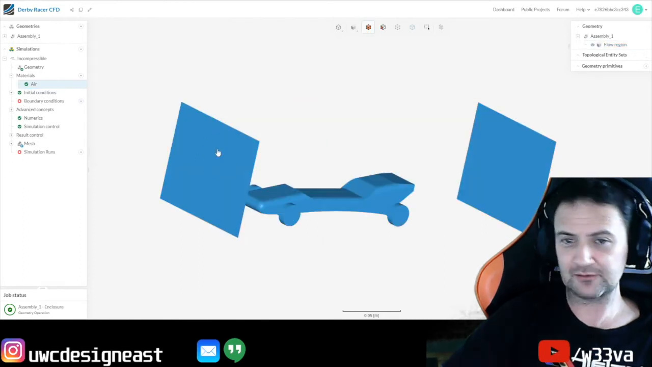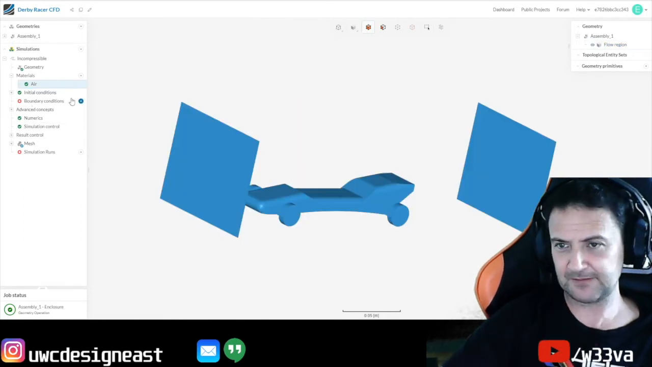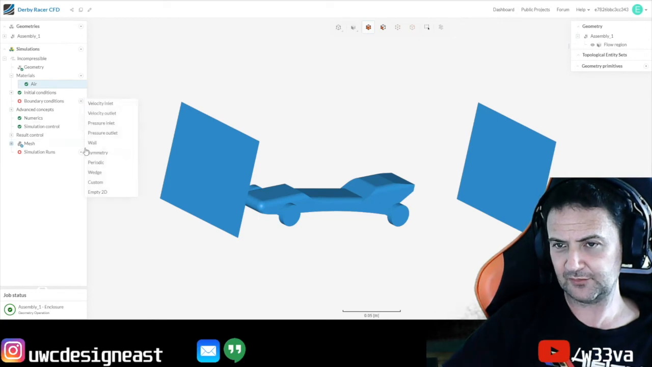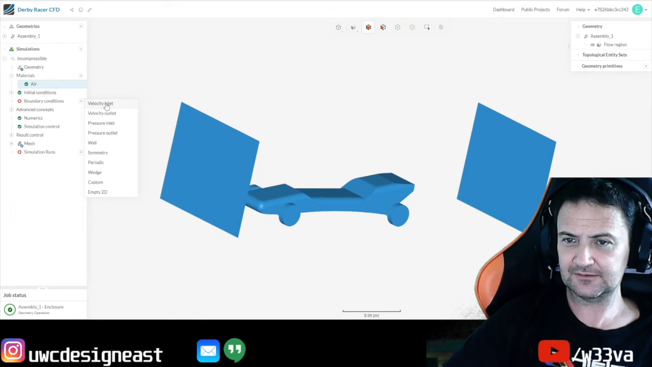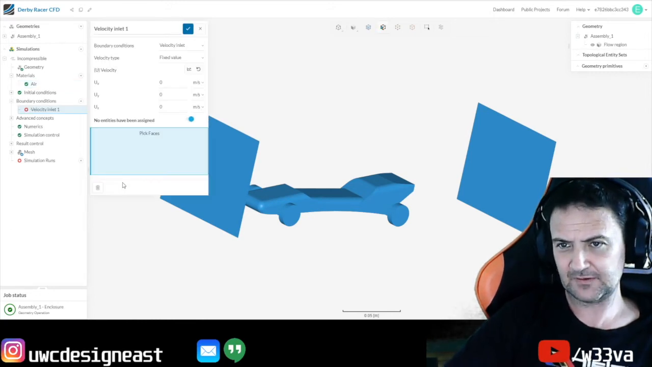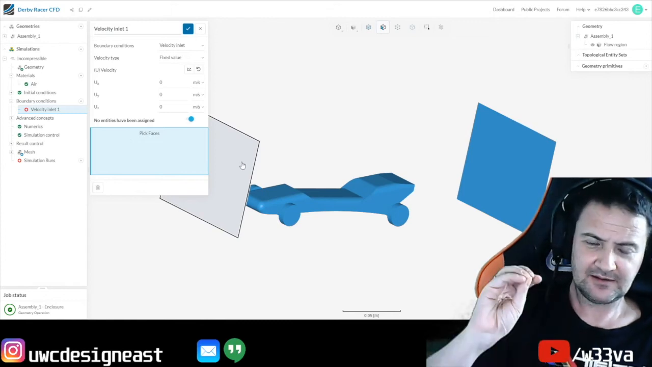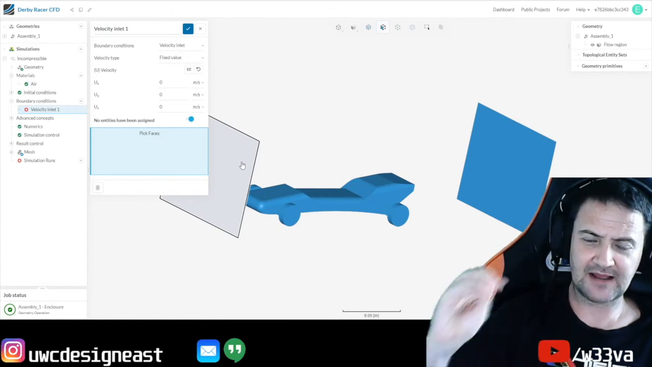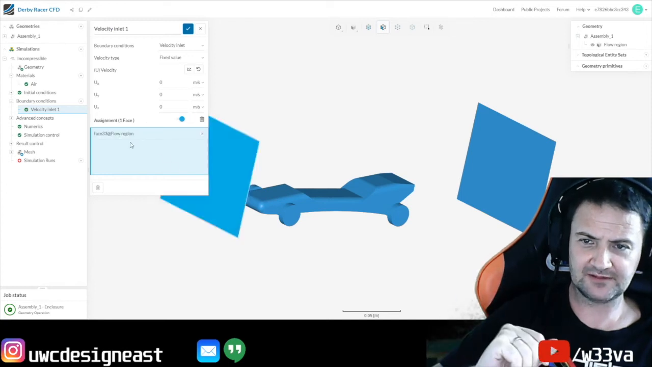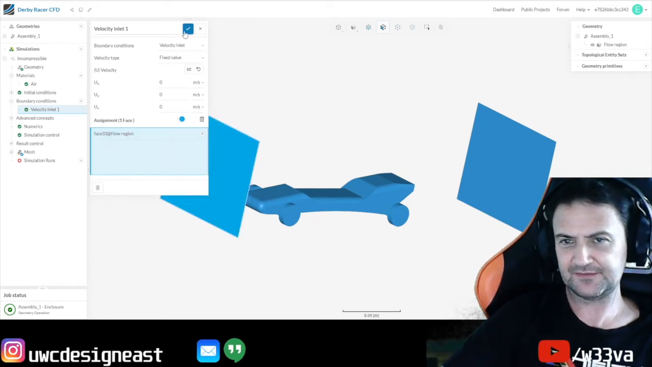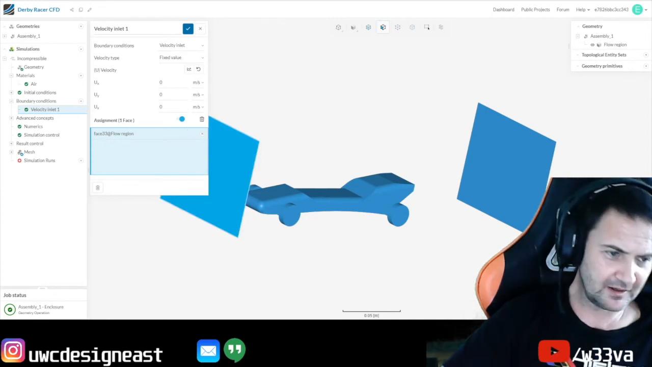The next part is the boundary. So the boundary is the box we've just done. We're going to go to plus, and we're going to say the velocity inlet. So this is where the air is coming from. The velocity inlet is at the front, so we want the air to be present at the front of the car. So if we just click that face, that's face 33 on my one, and the speed for mine,